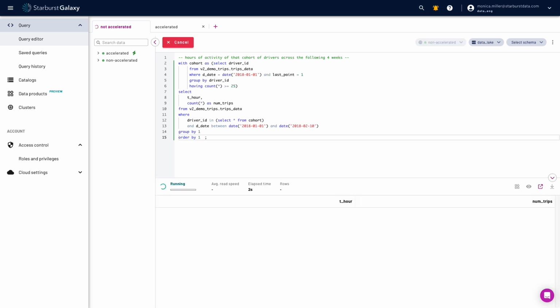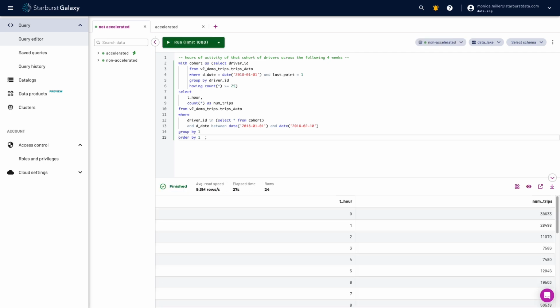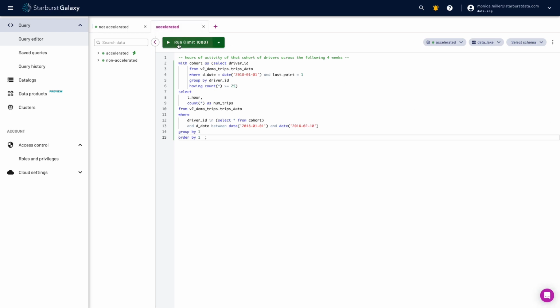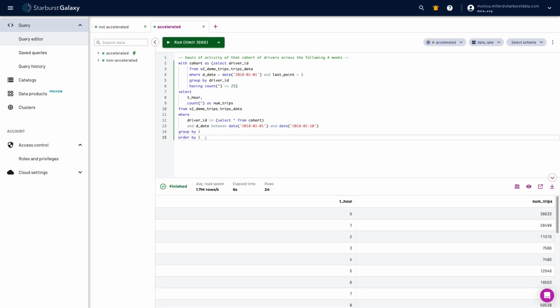I'll spare you some of the details so that you don't have to wait here with me, and we'll skip ahead to the end. As the query finishes, you notice that the elapsed time on the query is pretty long. Now let's go to the other tab and run the same query on the accelerated cluster. You can sit here with me for this one live. Look at the elapsed time, it's much faster in comparison to the other query that we just ran.